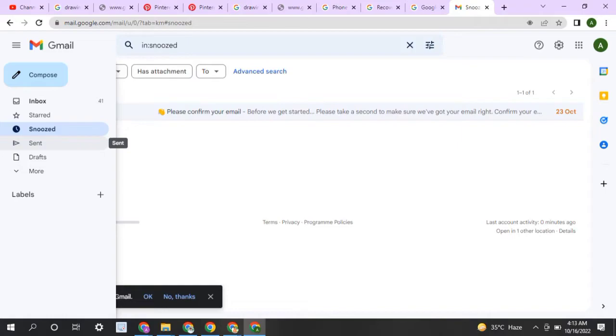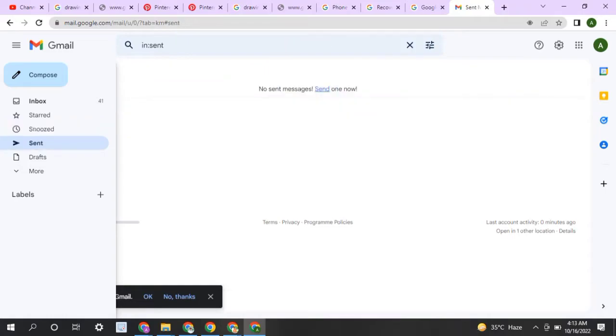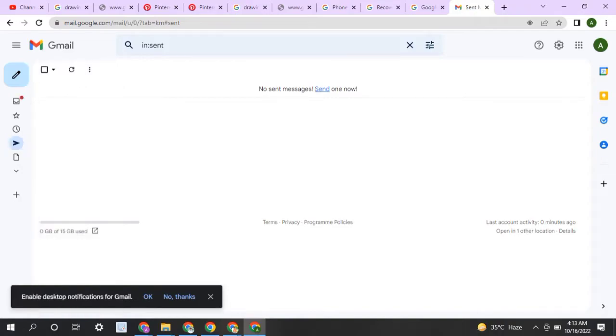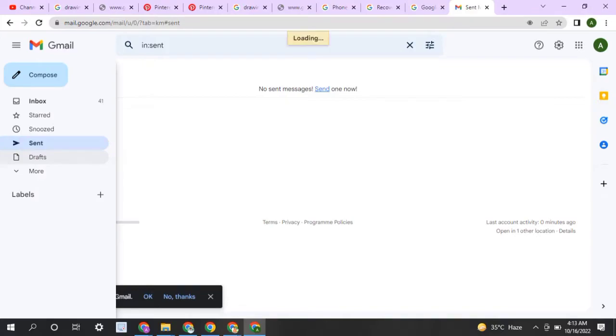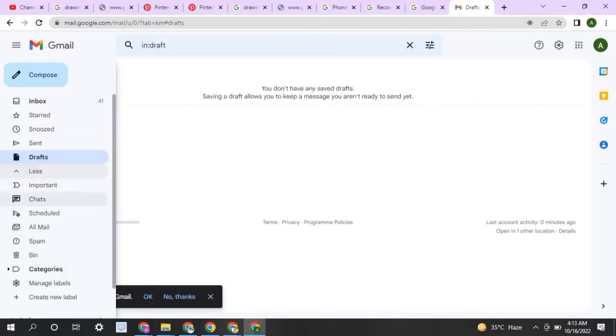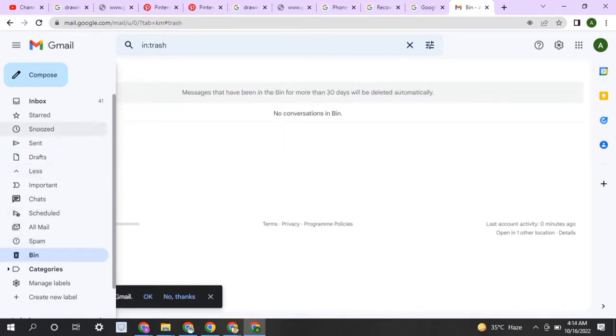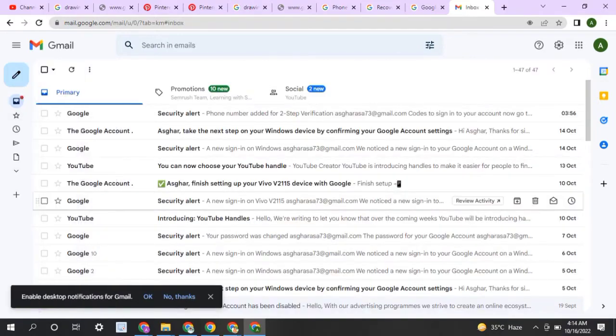Now here you can find your sent email. Here is the option for sent email. Then there is a draft, here will be the saved ones. Then there is more: important, chat, scheduled, all mail, spam, and here is the bin. Here the emails will appear that you have deleted. For example, I visit here and I show you that